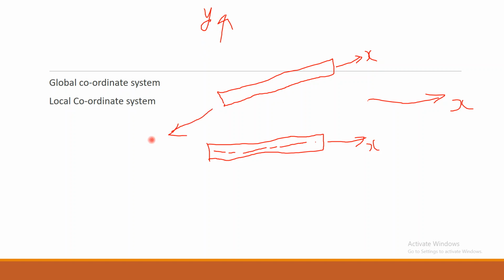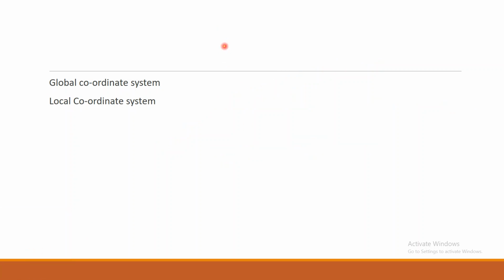Like this, global is always fixed, but in case of local, it is along the direction of the axis of the system. Okay, so if I take its position with respect to the global coordinate system, it is at an angle theta. Okay, that is what the meaning. So we are having flexibility if you choose the local coordinate system. Okay, that is what the difference.